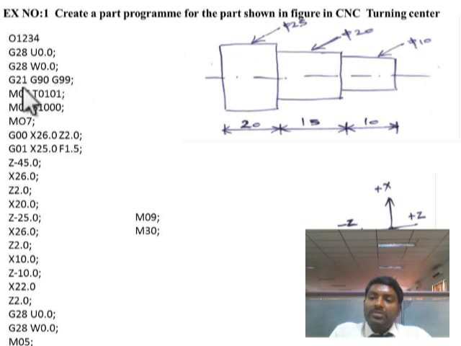So these are the codes which have to be mentioned previously. Then only all the values that we are going to give will be taken in terms of mm, and the program will be in terms of absolute programming method, and feed will be in terms of feed per revolution. So these are the codes which have to be given previously. Next one is